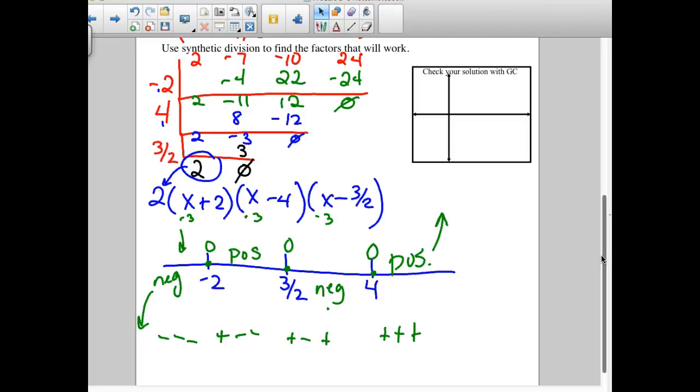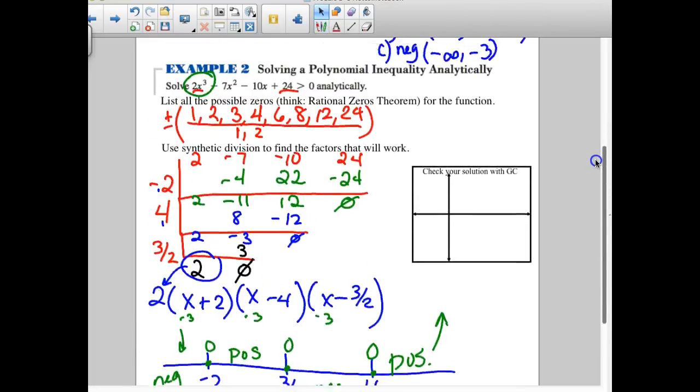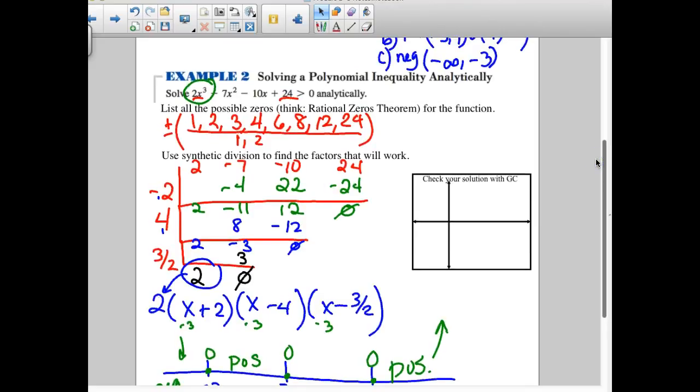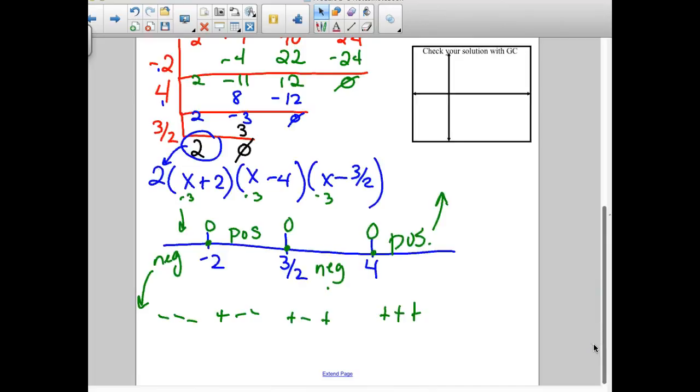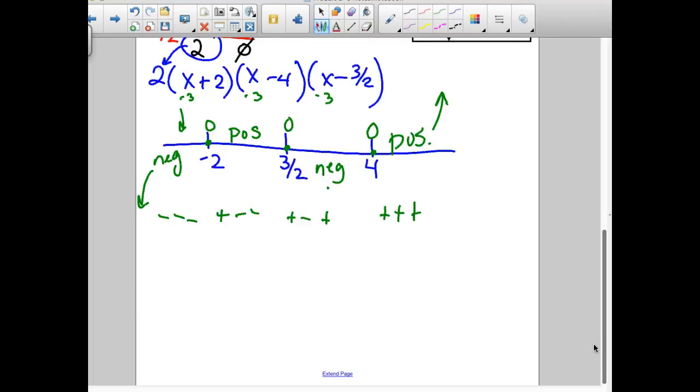Okay, so the question was, where on my polynomial am I strictly greater than 0? Greater than 0. So I have to be completely above the x-axis. Yes? So what intervals do I have that? So I'm looking for the positive sections, right? So in between